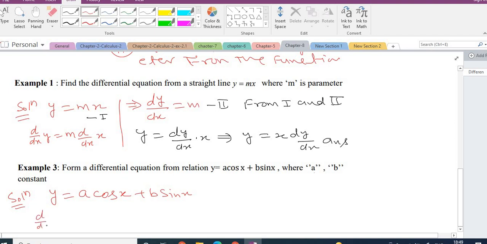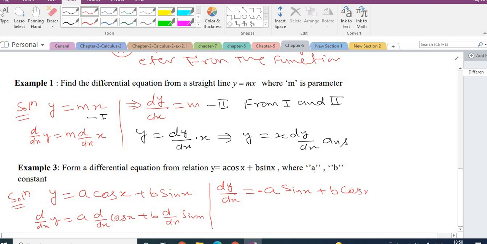So d/dx of y, a is constant, d/dx of cosine x plus b d/dx of sine x. Now differentiate it. So d/dx of y means dy/dx is equal to a times d/dx of cosine, which is minus sine x, plus b d/dx of sine x, which is cosine x. This is the first derivative, but because two parameters are given, we need to differentiate